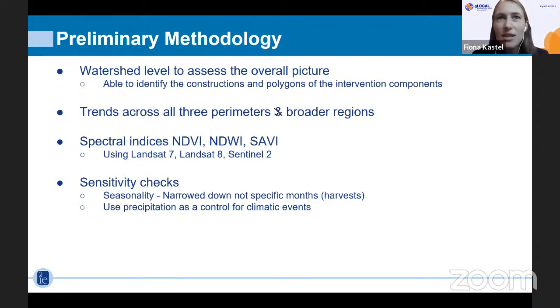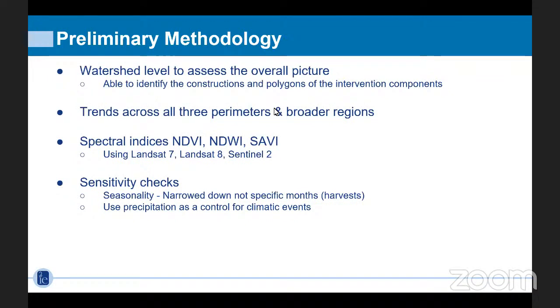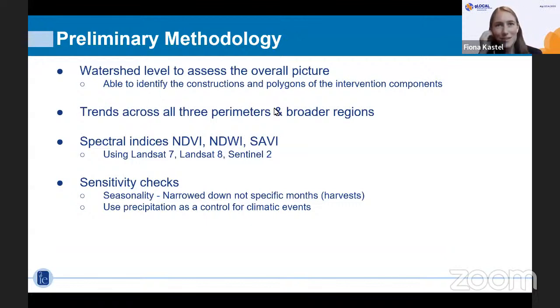Some of you may know this, but generally these different satellite. Oh yeah? Okay. Was there any question? No. Okay, so